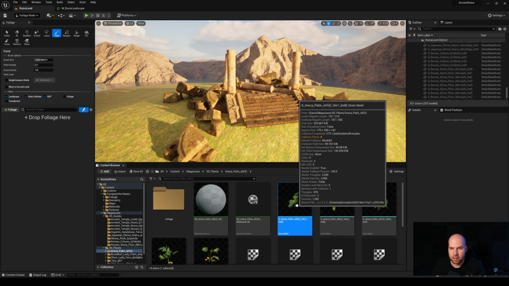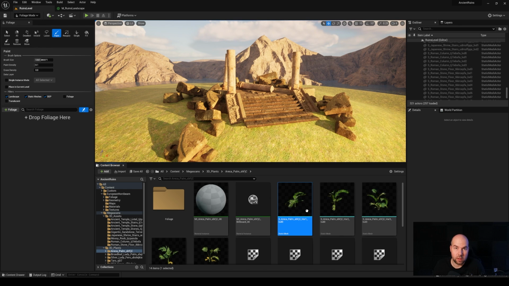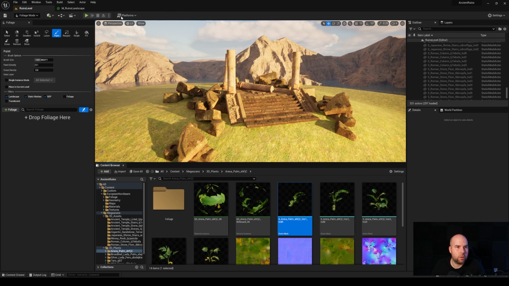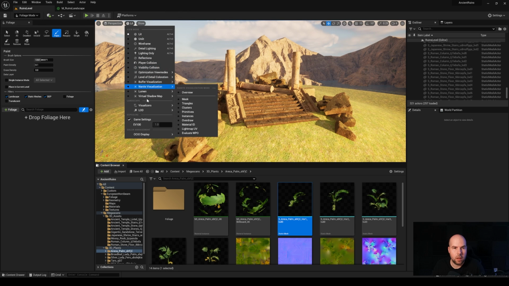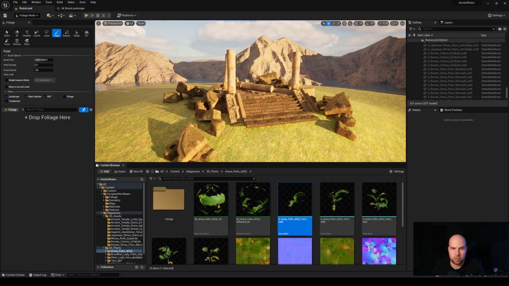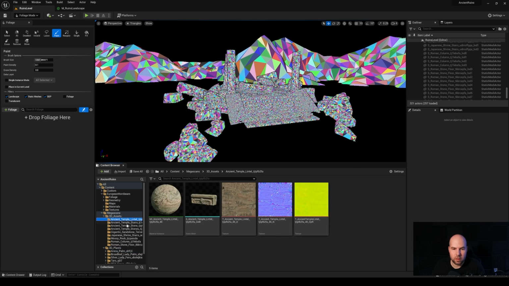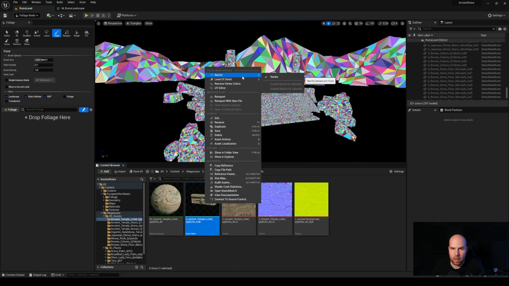So if you use a mesh like this, by default it will use the level of detail system, but if you right click the mesh and go nanite, you can activate the nanite, which I've already done. So all of the plants will be nanite. So if you now go and, for example, explore the nanite triangles in the scene, you can see all of these assets. Even the rocks in the background are nanite, because I activated that within their model. So if you right click and nanite, you can check the box, and basically that's all you need to do to make some mesh behave